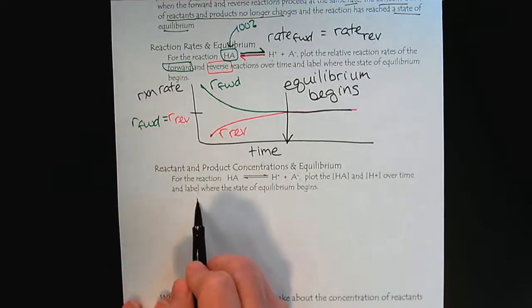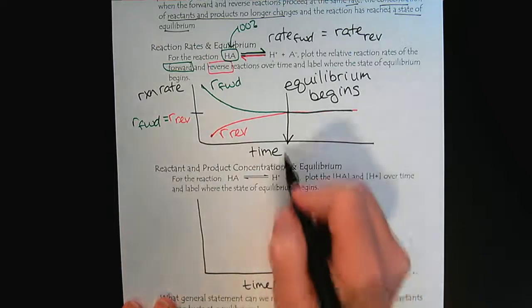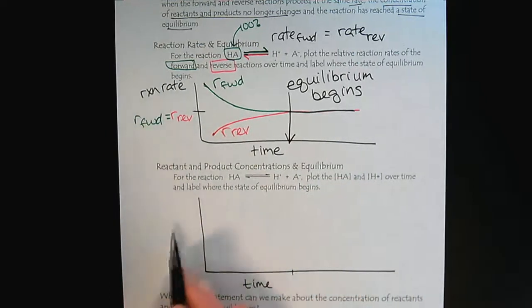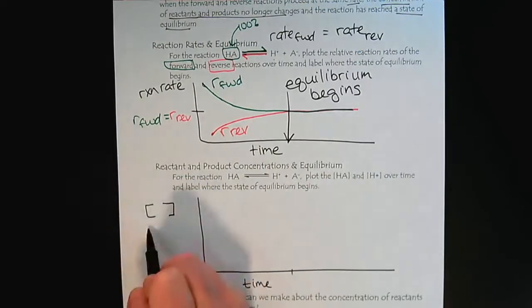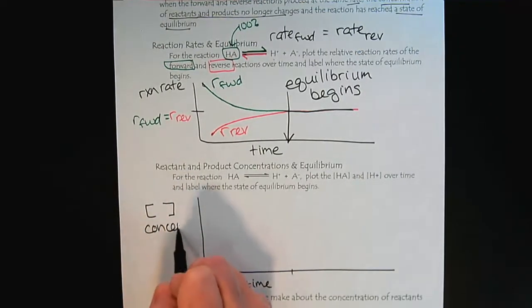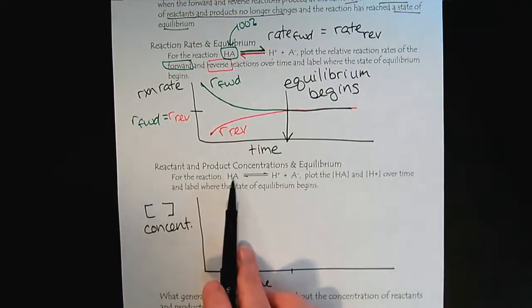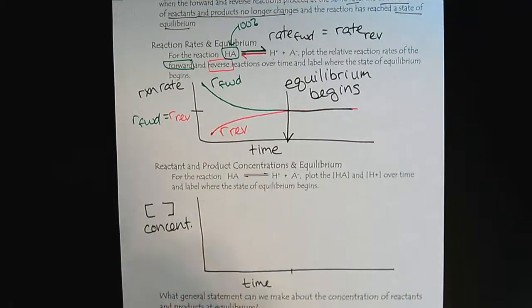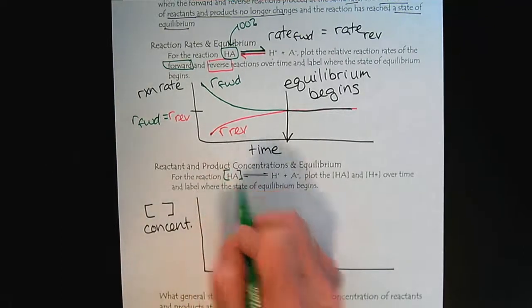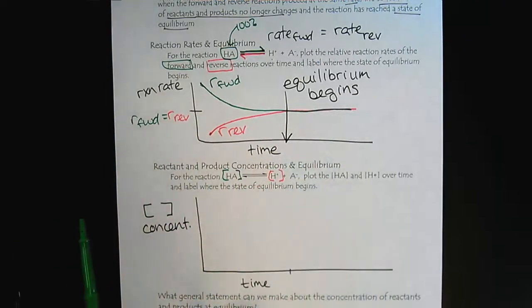This graph will also have time on the x-axis, and then here we'll be looking at concentrations, remembering that the square brackets represent concentrations. We will be looking at the concentration of our reactant and the concentration of the product. To keep the graph simple, we'll focus on the H plus concentration